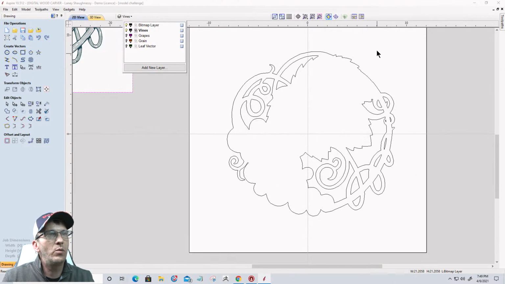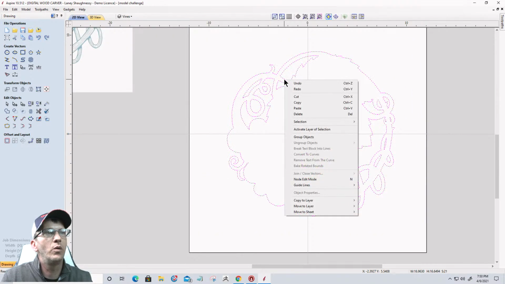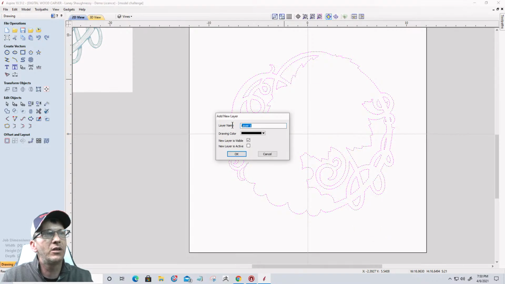But what I want to do is I want to kind of keep it intact, okay, kind of as my profile, if you will. When I'm drawing or cutting up things or node editing and stuff, I like to do that on its own layer so that I can delete what I need to delete, keep what I need to keep, and I'm not losing anything from my original. Okay? So what we're going to do is we're going to take this and we're going to select it and we're going to copy that this time, copy, not move, to a new layer,